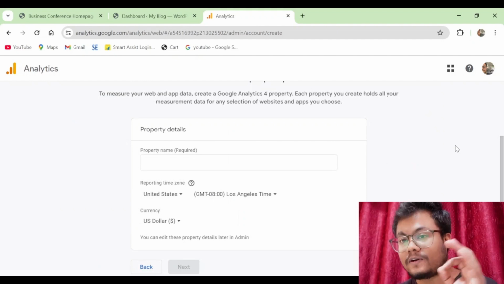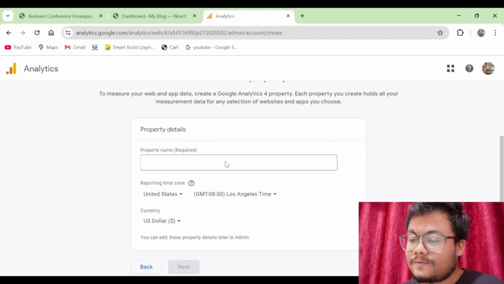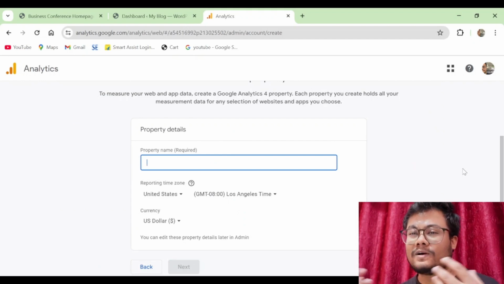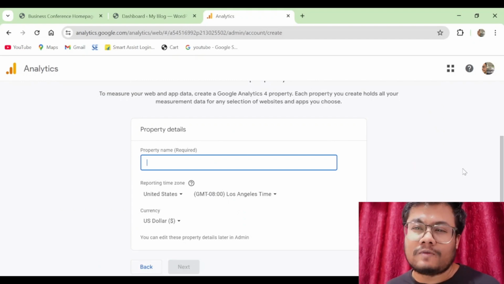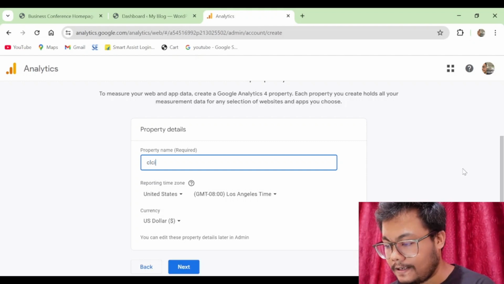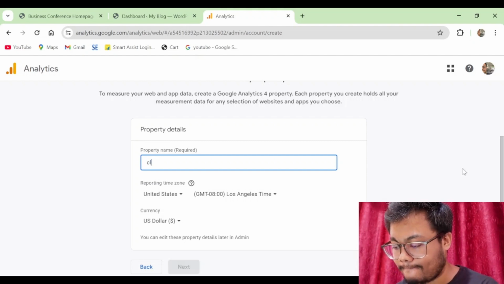Once you have clicked on next, you will see something like this: property details. You will have to put the property name. What is the property name? You can name it on your website basically. So I can call it Clicks Before Coffee